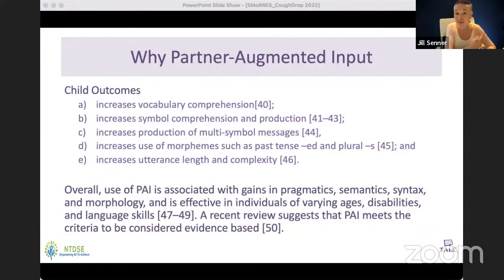So simply by modeling, not only does it help children understand the symbols, but also it helps them start using the symbols. Simply by modeling, we can actually see an increase in kids using the symbols. It increases the production of multi-symbol messages. So putting messages together to create a sentence, increases the use of morphemes such as past tense ed or plural s. So walked,